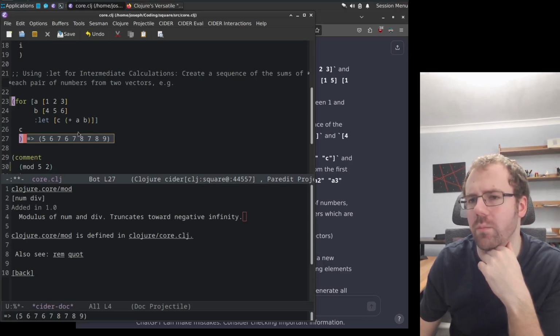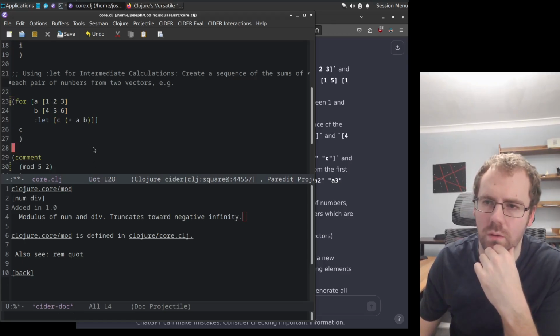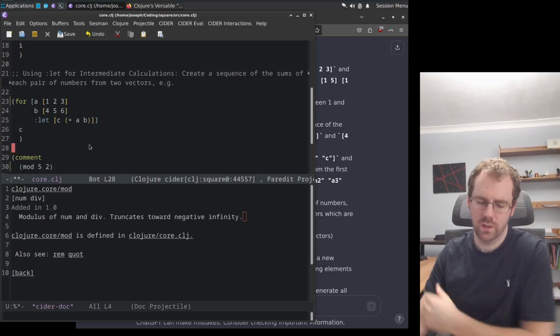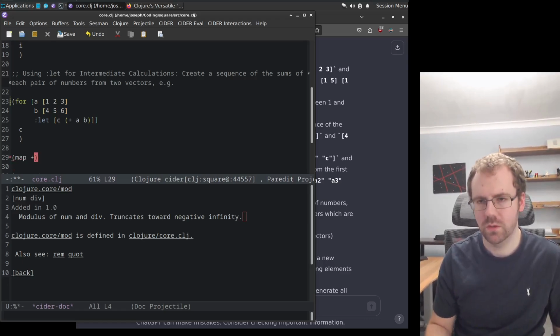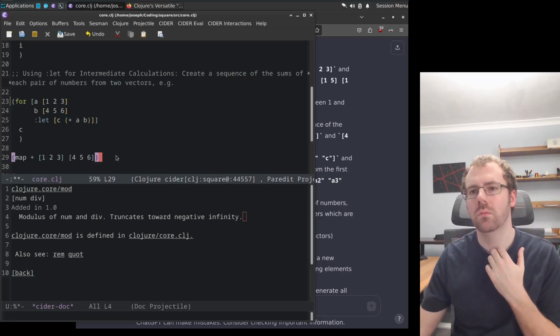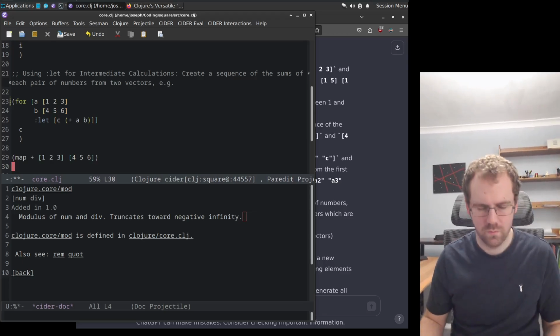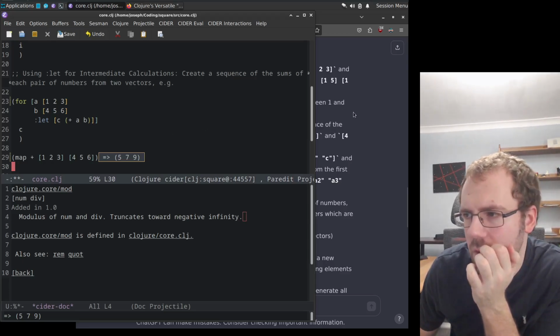I mean, if you want to pair things up, you would normally use map. So hang on, let me demonstrate how we would do this with map. So we just do map plus, is that right? Yeah, that's correct. So yeah, the correct way to solve